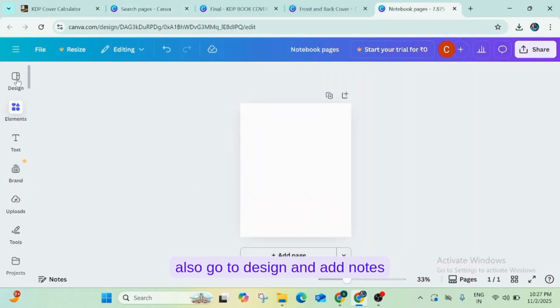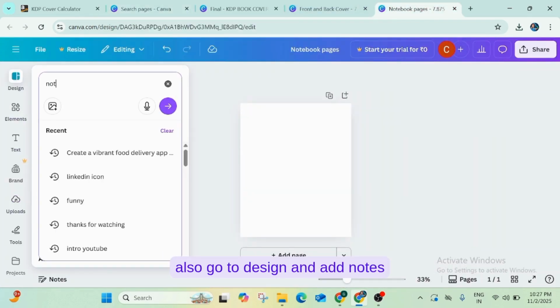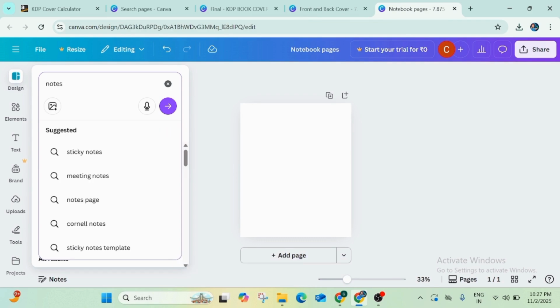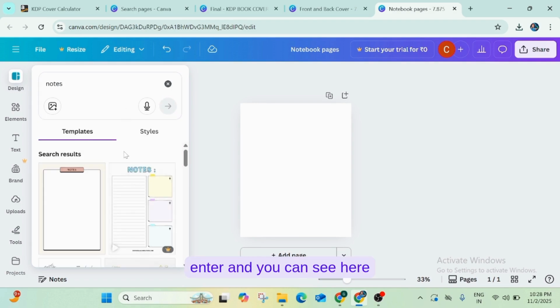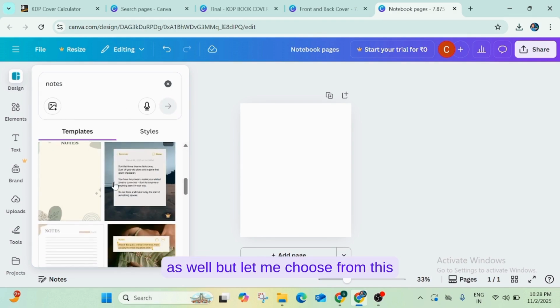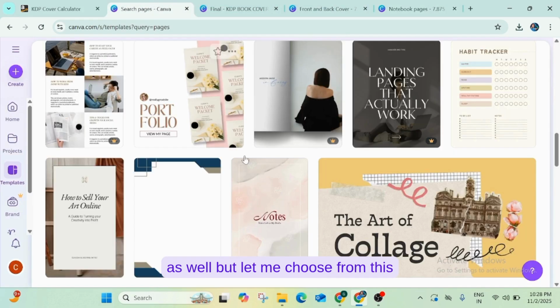You can also go to design and add notes, press enter, and you can see it here as well, but let me choose from this one.